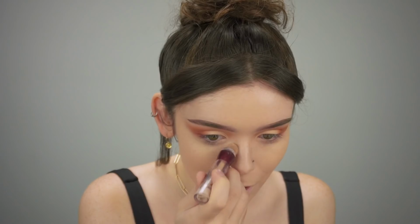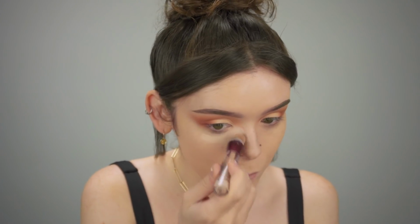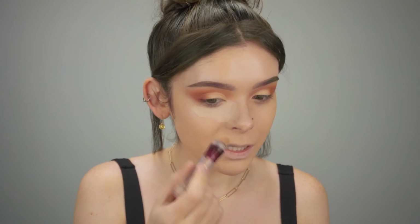You're a crazy bitch. Okay, so that's it for foundation. We're gonna move on. I'm gonna use this Maybelline one. This is in shade 110, so it's just barely lighter than my skin tone, but...